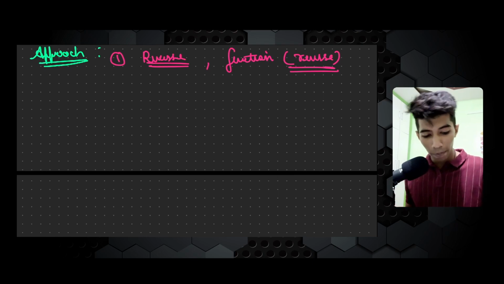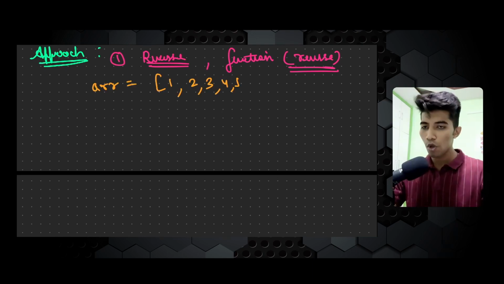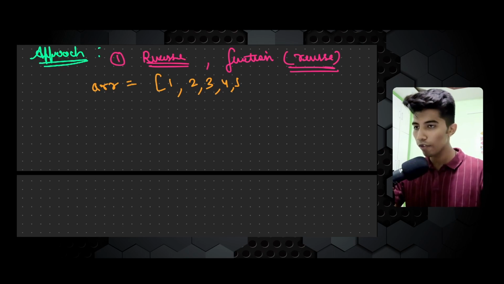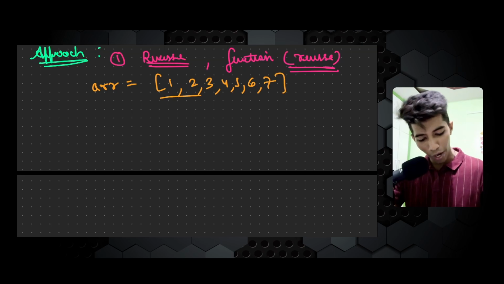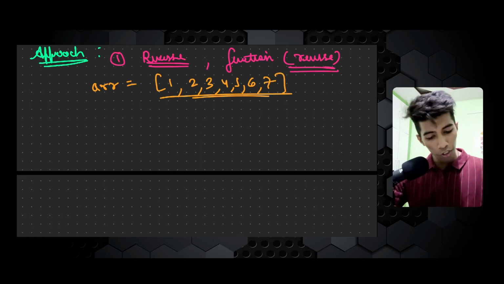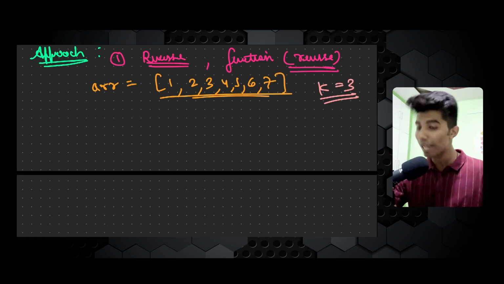Let me take an example of this array. So how will this array actually look? We have this array 1 2 3 4 and 5. Okay, let's take 6 and 7 also. Why leave them behind? So we have to do this for k. We have just given the value of k as 3. Firstly, what we will be doing,